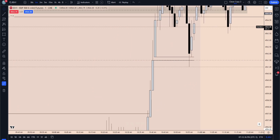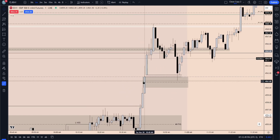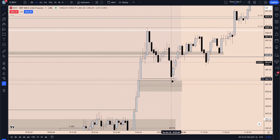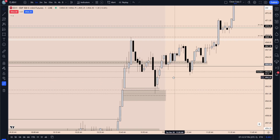We expect that this fair value gap will hold us because it's now paired with the midnight level, and we've created a breakaway and a measuring gap. So we would want these to remain open. Price should not return into these two fair value gaps if we can continue higher. Right, so instead we come perfectly into that opening, into the midnight level, holding the actual volume imbalance, breaking back